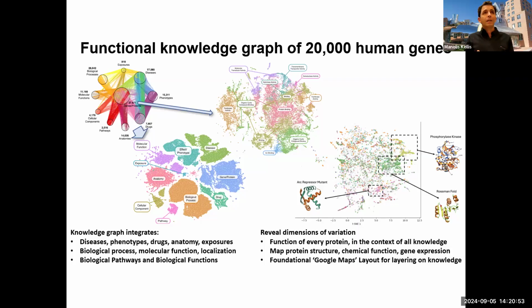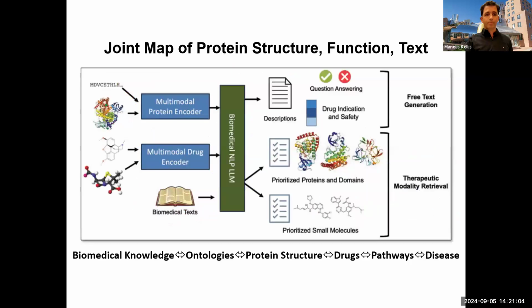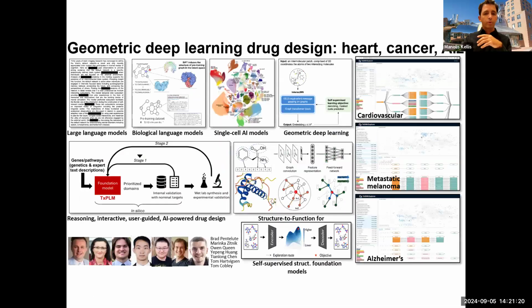AlphaFold is amazing. It solved the sequence to structure problem, but the structure to function problem is still unsolved. This is a step in that direction. And I want you guys to take another 5 steps in that direction. And we can use that to now start co-embedding protein structure and chemical structure and literature in a joint biological space and start asking questions about drug safety, about drug efficacy, about how to design new molecules and so forth. Okay, so that's where the field is going.